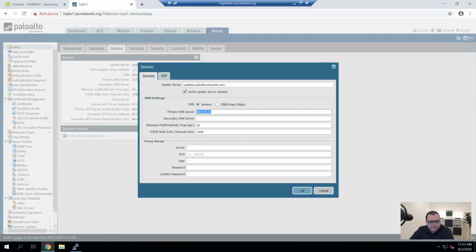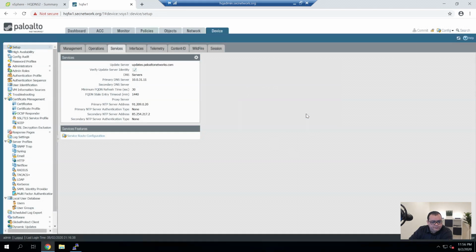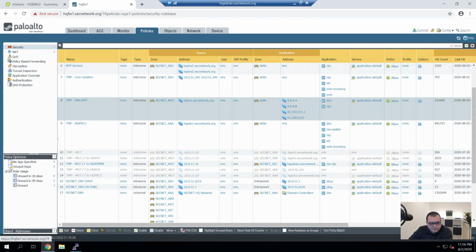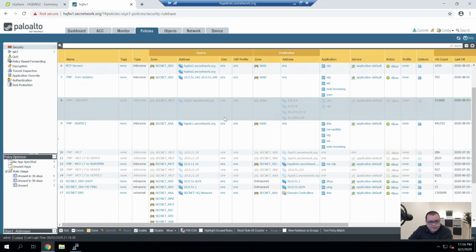So for DNS, we're going to stick to 10.0.31.12 for DNS, and then for time, we're going to point to 10.0.51.11. We don't need this policy anymore.